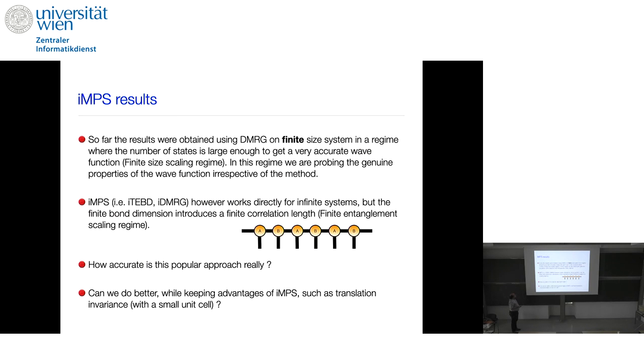Okay, and so this was a short overview of some things, it's a bit biased by my own work, where with finite-size DMRG you have access to some CFT data. Now we basically want to explore whether you can also get accurate data with iMPS, but of course here work has been done before. And so now, for those who are not experts, which are probably no one here, the idea is basically,